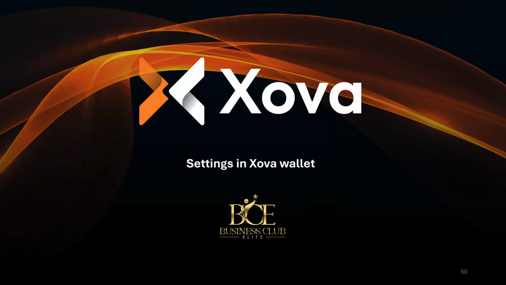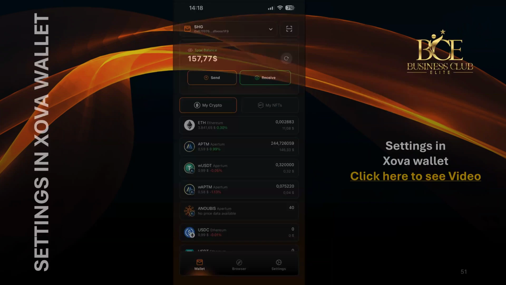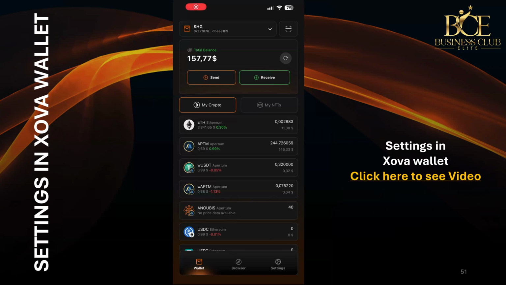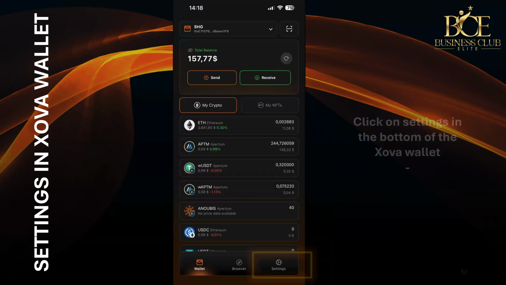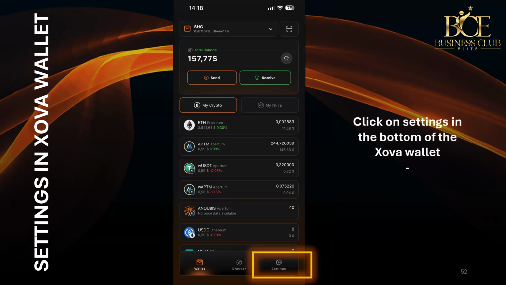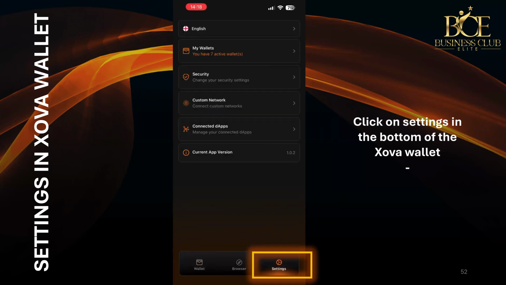So there are some settings that you can change in the Xova wallet. We're going to go through them as well. So when you're in the browser, click on settings in the down right, and there you're going to find the settings, and you come to the settings. In the top, you can change your